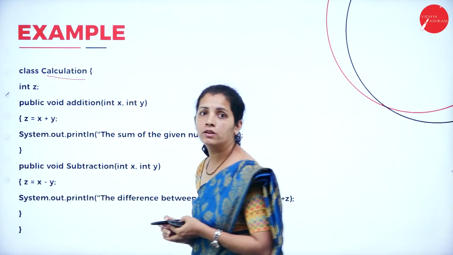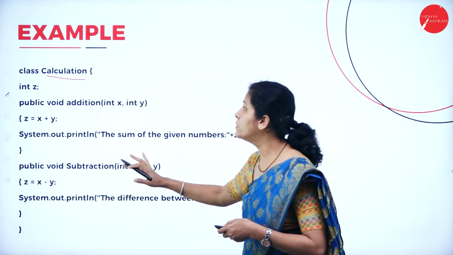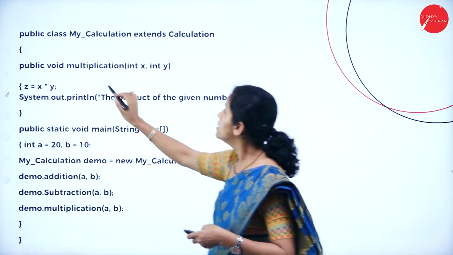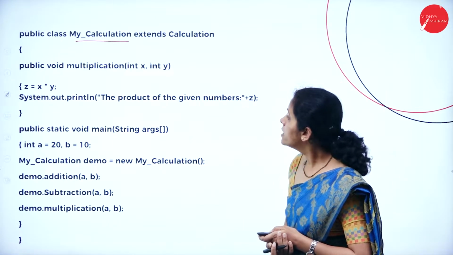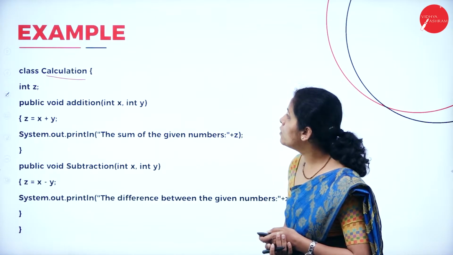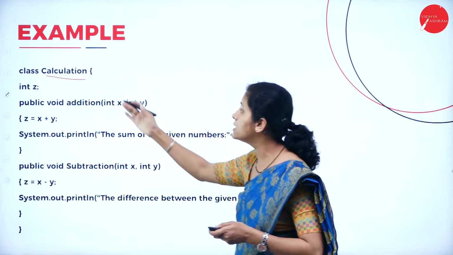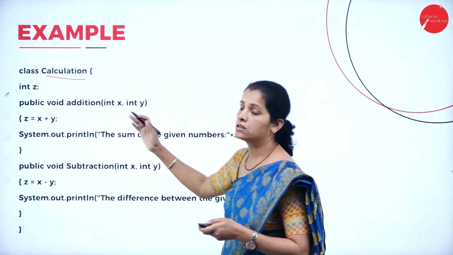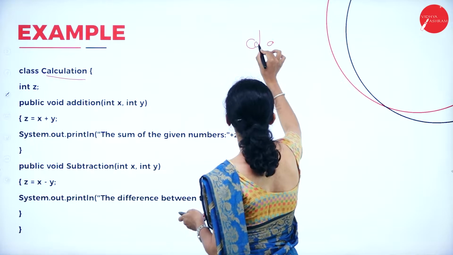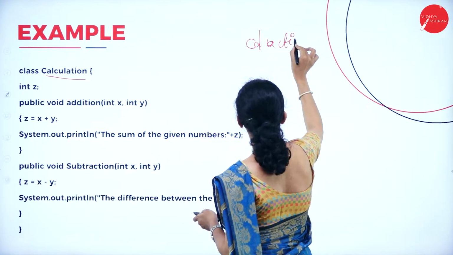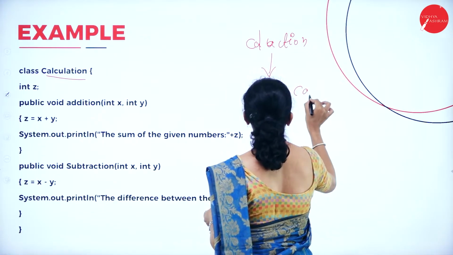That is calculation, and I'm going to inherit all the properties in my calculation class. That means here I want to make use of all the methods as well as variables which are present in this class. So here I'm going to have calculation, and